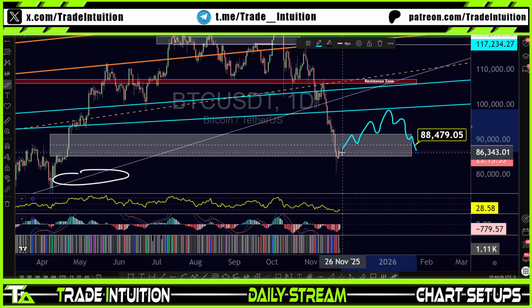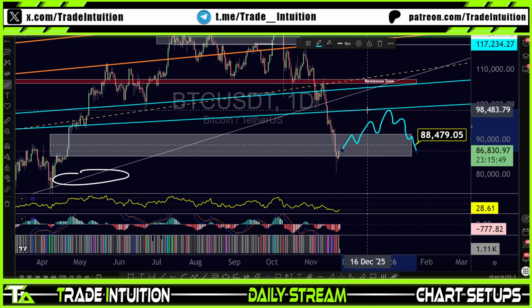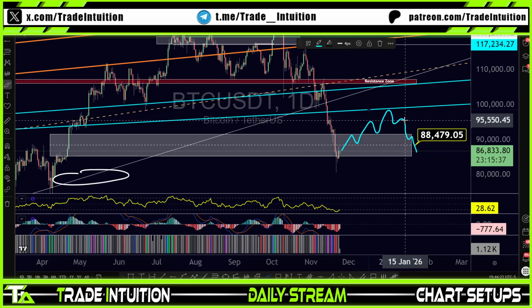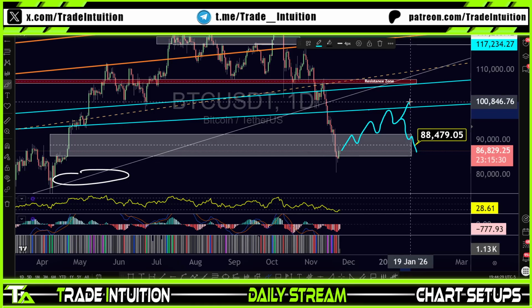So if this happens within the next couple of days, well then the price is 98.2. If we come over here, 98.5. If we come over here, then 98.9. So again, it just depends on how fast we move up. Now, if we continue going up, let's say we come down here and we continue going up and we break this area, then the next level I'm looking at is the midline of these two trend lines, which would roughly